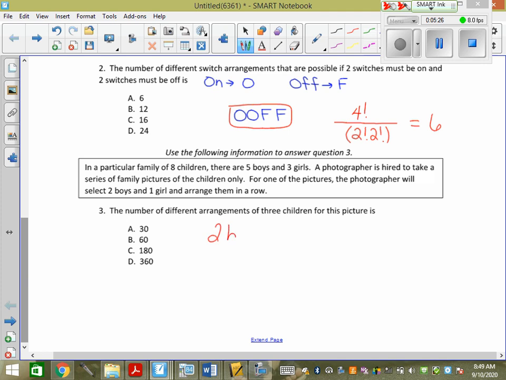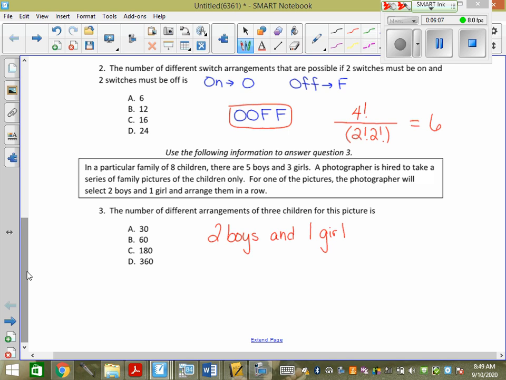So if I need 2 boys and 1 girl, how can I guarantee getting a boy? Choosing for a boy. Now we have to decide, is this a C or a P? I literally did these 3 questions because this is a hard question. It's neither a C nor a P, it's both. Because the only way, this is like that smile and frog question I talked to you about. The only way that you can do this is you have to choose the boys first, randomly, right? You have to choose the girl next randomly, and then you have to arrange them.